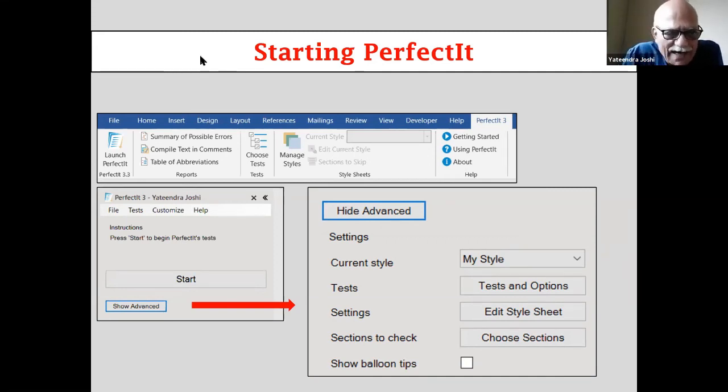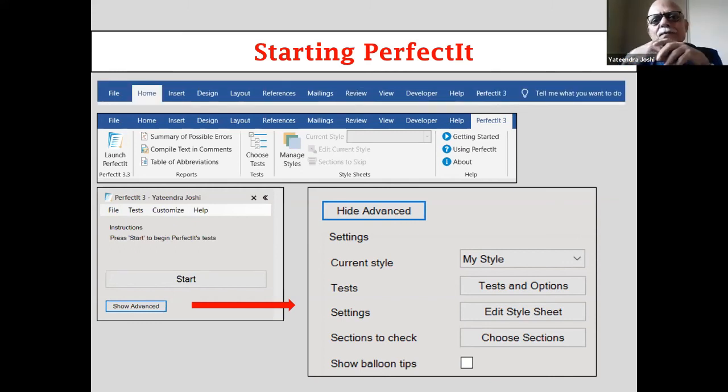So as it says, you can see here, it says press start to begin. So once you click start, it will launch into a series of checks, as I said, about 35 areas, one by one after the other. So it's sequential. So it's best not to stop that process. Once you start it, let it run until its end.